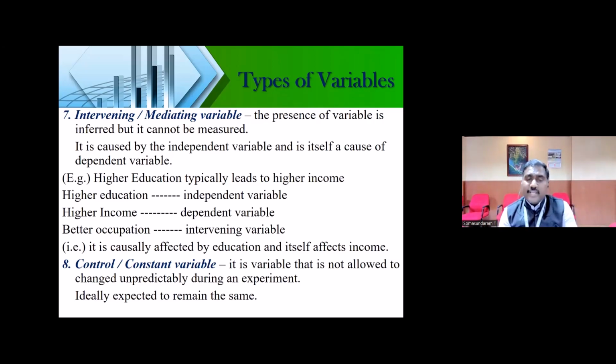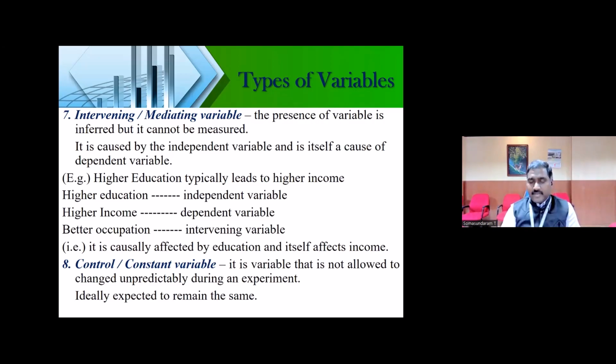Clear? Now the eighth one is a control variable or constant variable, which is most probably used in scientific research. Already in scientific research, they have proved, after doing the experiment and setting the rheostat or the resistance at this level, you will get this value. All these things are standard. It is set. It is proved. With that constant variable, you can do and prove other research also.